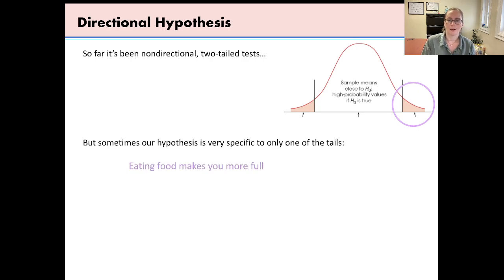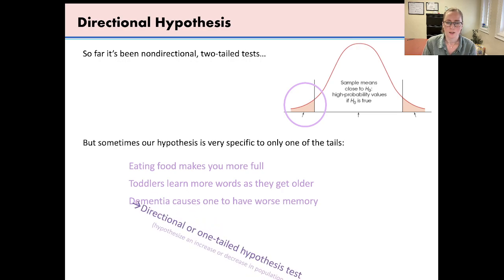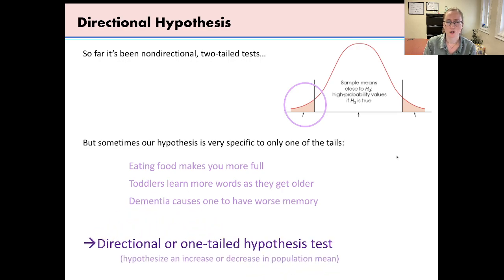So for example, let's just say a phenomenon, eating food makes you more full, right? We could probably confidently say that only goes in one direction. We're not going to think that if people are eating food, it goes in the opposite direction, that they become more and more hungry. Eventually your stomach fills up. Toddlers learn more words as they get older. And it can also be on the other end, dementia causes one to have worse memory. If you have the diagnosis of dementia, it's unlikely that you're actually going to increase your memory capability than what you had before. But I'll get to a word of caution because